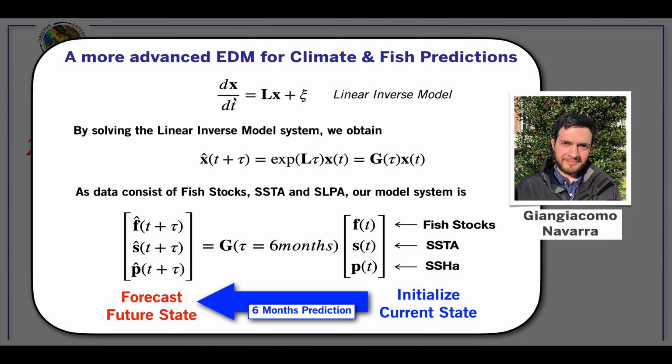Now, the shape of the differential equations here remains the same, except that now the state vector x here is multivariate and includes a series of fish stocks, sea surface temperature, and sea surface height principal components. The dynamical equations, or in this case, the dynamical coefficients that we derived in the previous examples, are now captured by a lag multivariate covariance matrix G, which can be computed to forecast the state vector at different leads, for example, 1, 2-year predictions, and so forth.